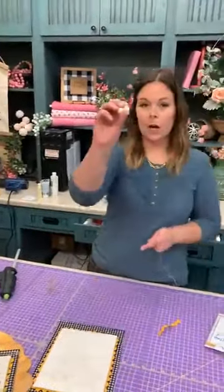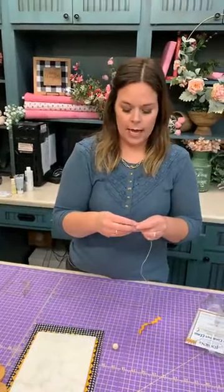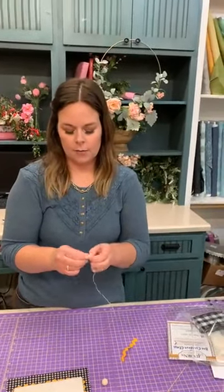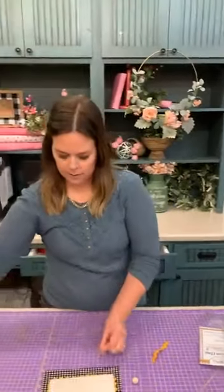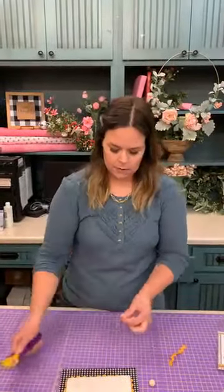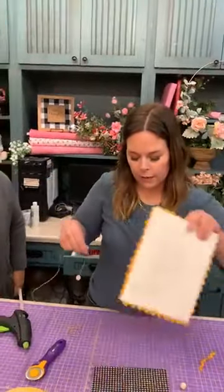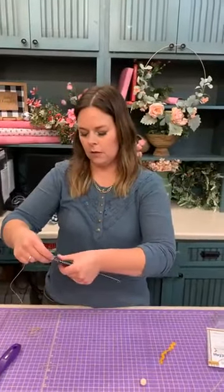Yep. Good. And we painted our balls yellow. You can leave them natural. And I would just tie it and then tie a couple knots at the end so that your bead doesn't come off. Like that. And then I suggest before you glue that on, you kind of take and wrap it around so